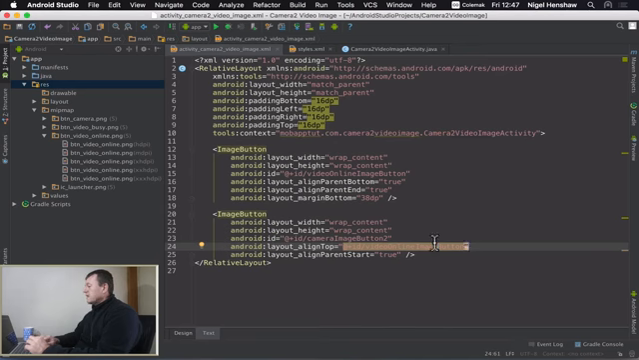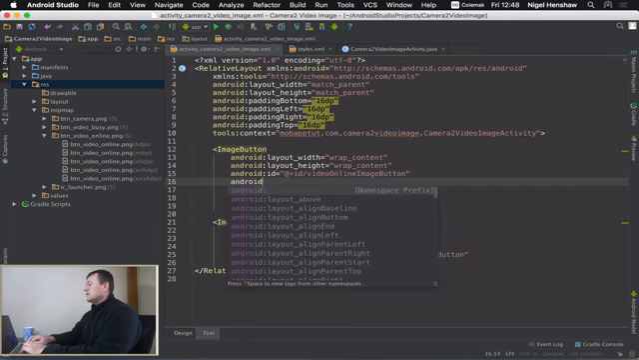Okay, so I've now named these two buttons. Now I'm going to add the actual source of the image to both of these image buttons. We'll start with the camera first. So let's select camera source